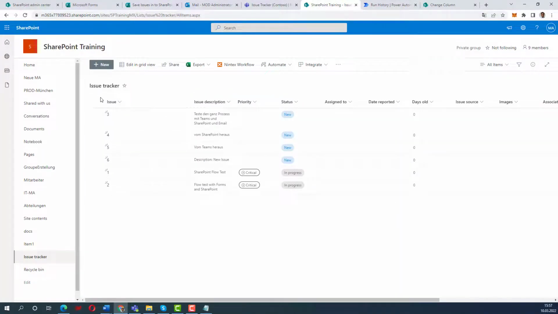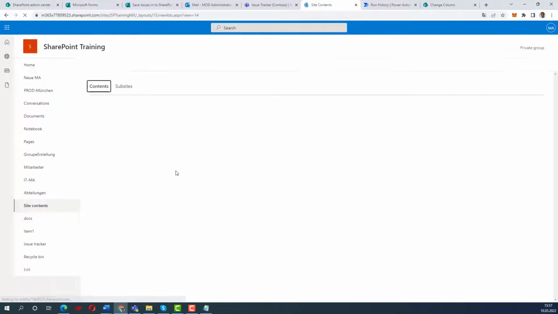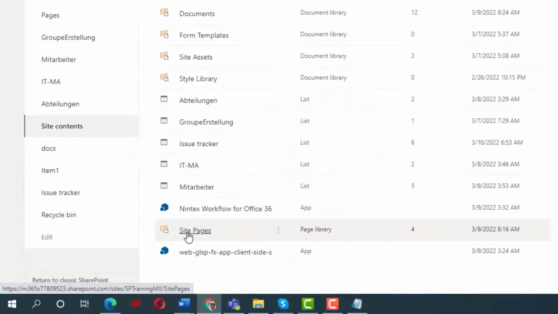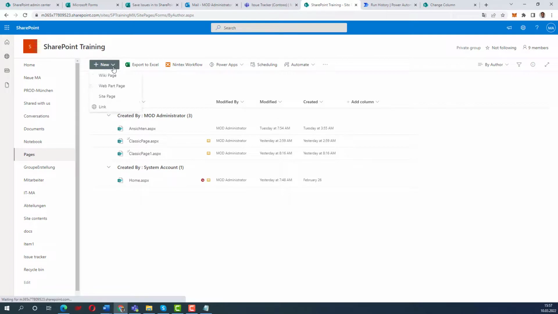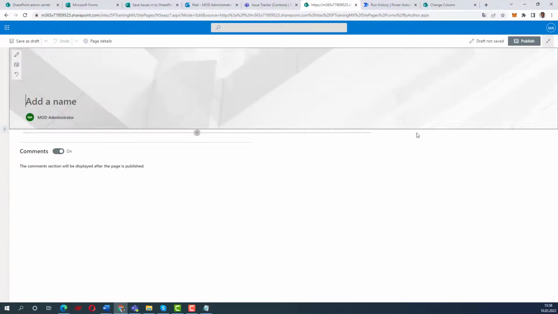Now I can open my SharePoint site here and create a new page in my SharePoint site where I will display this form. For that, I just come here in SharePoint, open site content, and into the site content, I will open the site pages. Into the site pages, I will create a new site page here, and the title of the site page, I will say, this is my issue tracker,